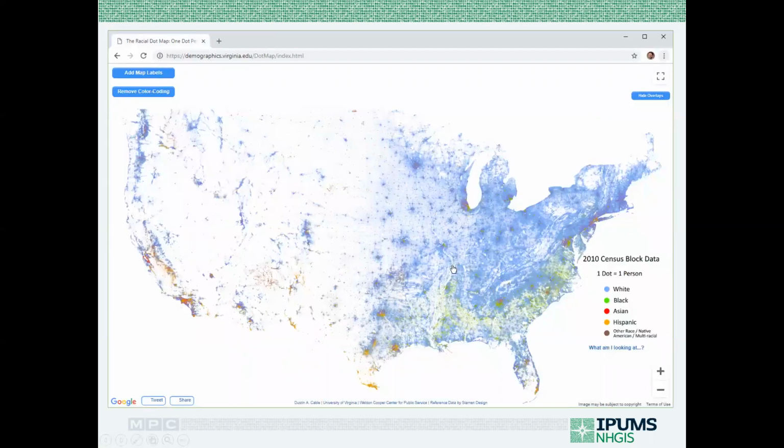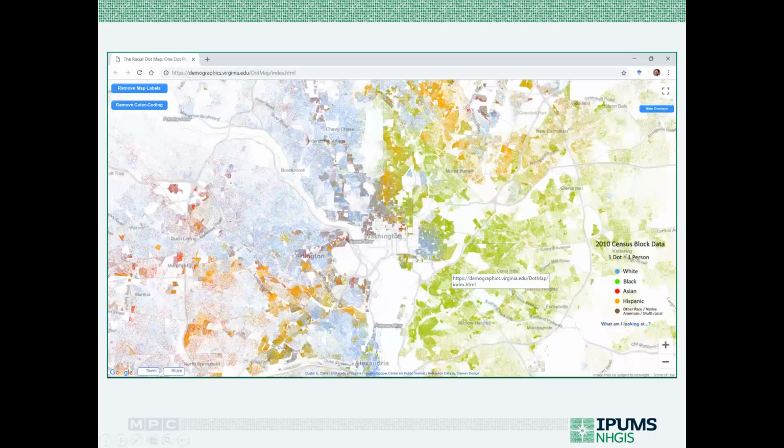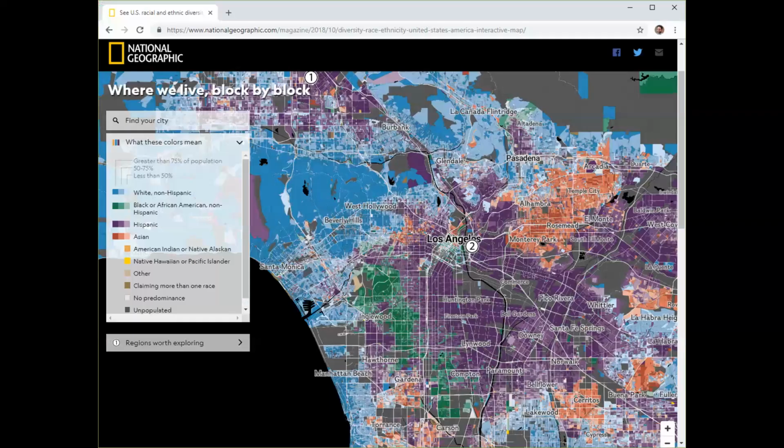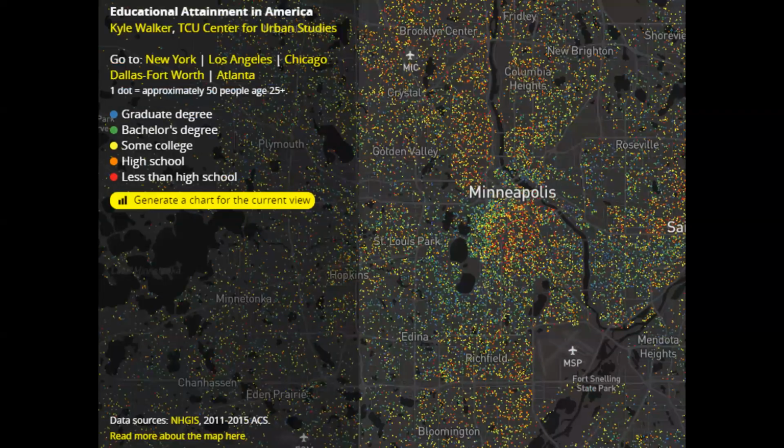Very popular uses of our data include Dustin Cable's racial dot map. You might have seen this in the news a few years ago. This is NHGIS data for blocks using dots to illustrate different racial groups. And here's the National Geographic recently did a similar mapping project using NHGIS block data. And here's an example using NHGIS block group level data by Kyle Walker at Texas Christian, an educational attainment in